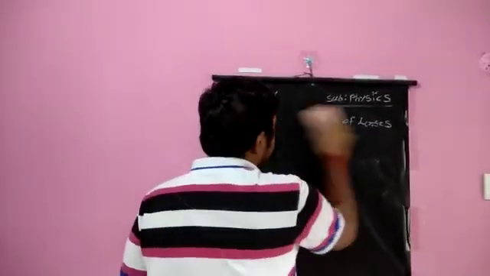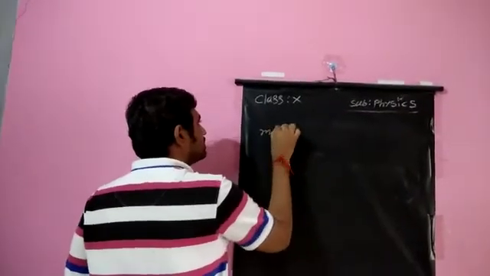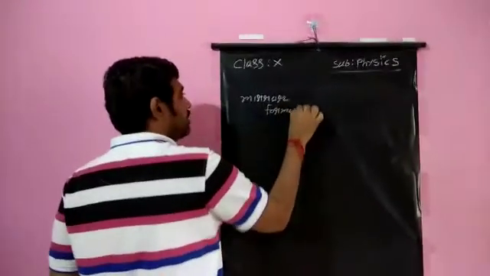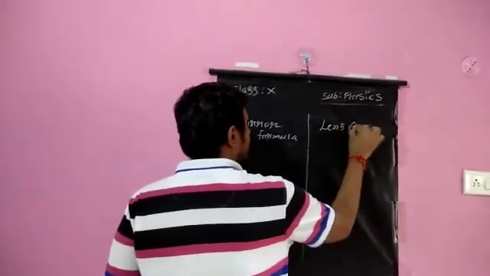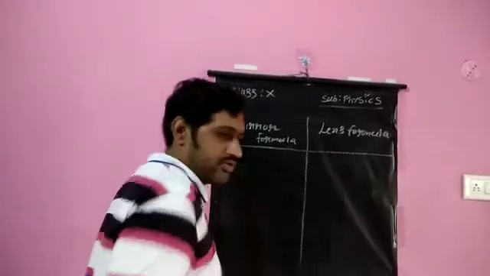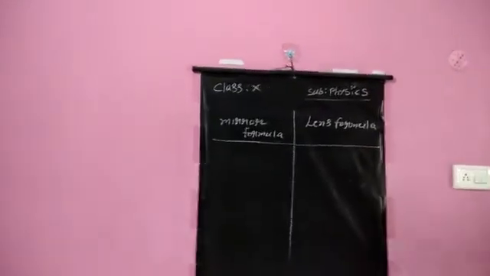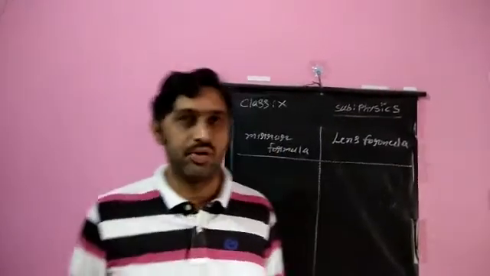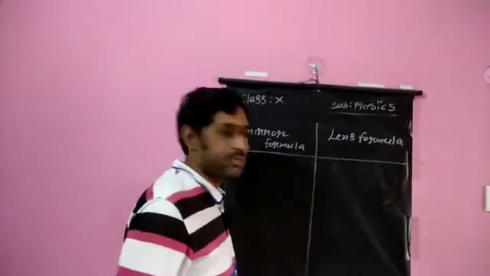Only the terminology for that is different. As per the mirror formula, to solve the numericals, similarly, for the lenses also we have the lens formula. I am writing both together so that you will remember it and it will be easy to learn and apply. For a lens question, you will use the lens formula. When a numerical is given based on the mirror, you will be using the mirror formula.